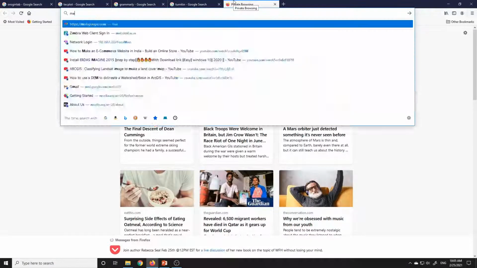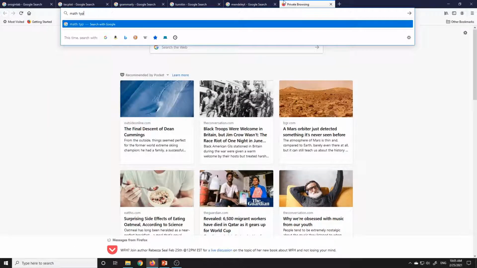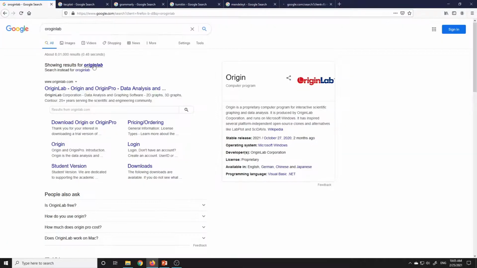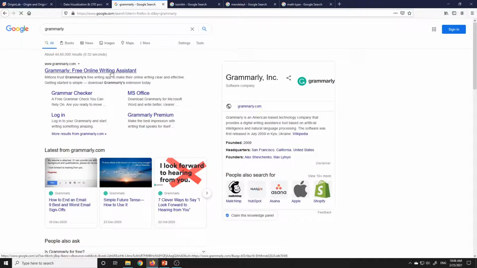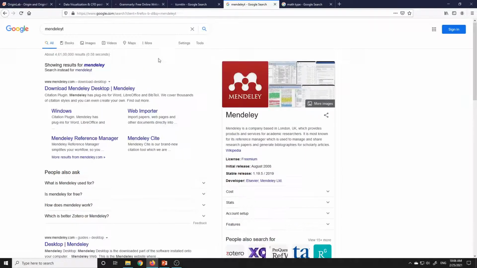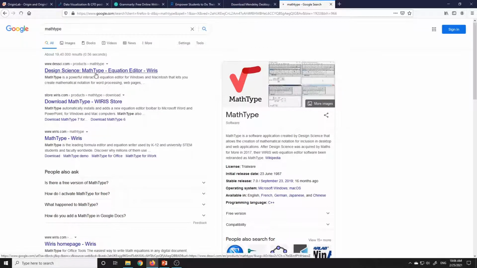Okay, Mendeley, MathType. See, Origin Lab, TechPlot, Grammarly, Turnitin, Mendeley, and MathType.